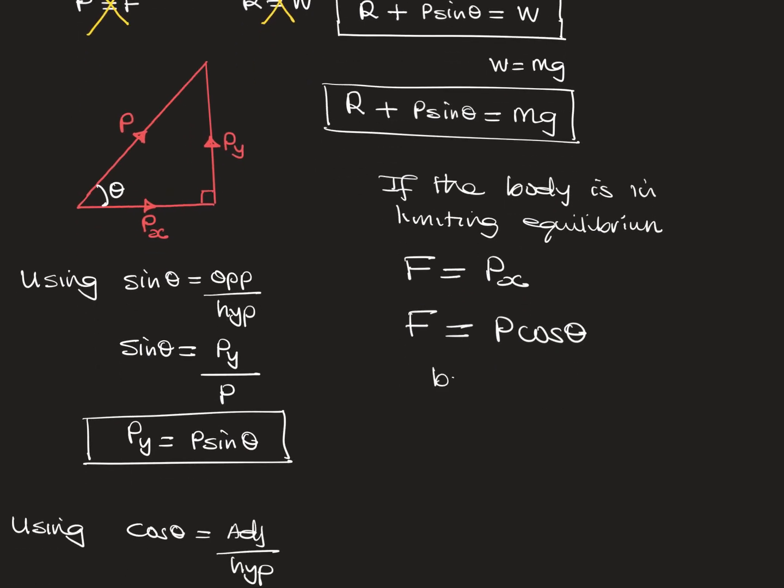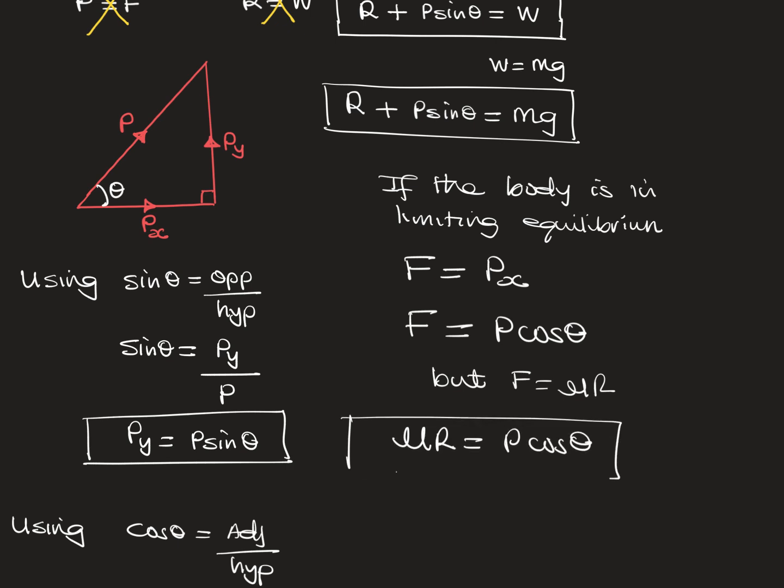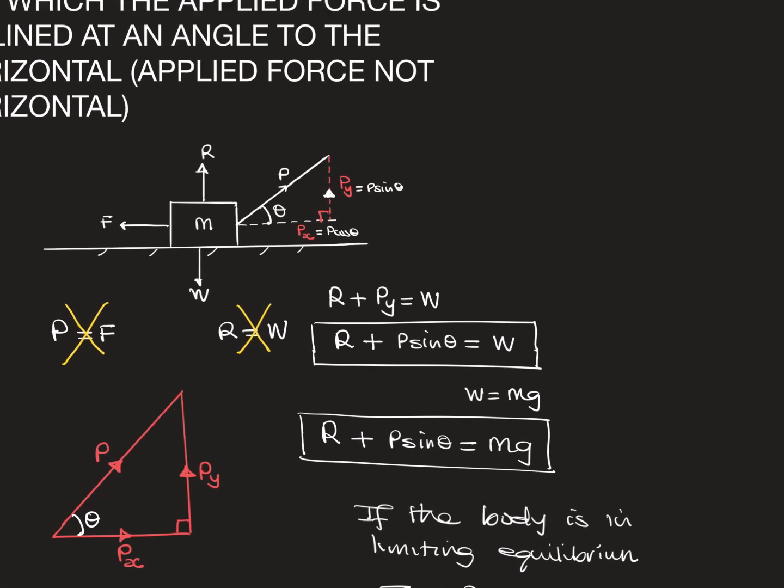But we know that F is equal to mu R. That is true for any situation. So we can replace it. We can say mu R is equal to P cos theta. This formula is also important. All right. Now, if we go back to the diagram